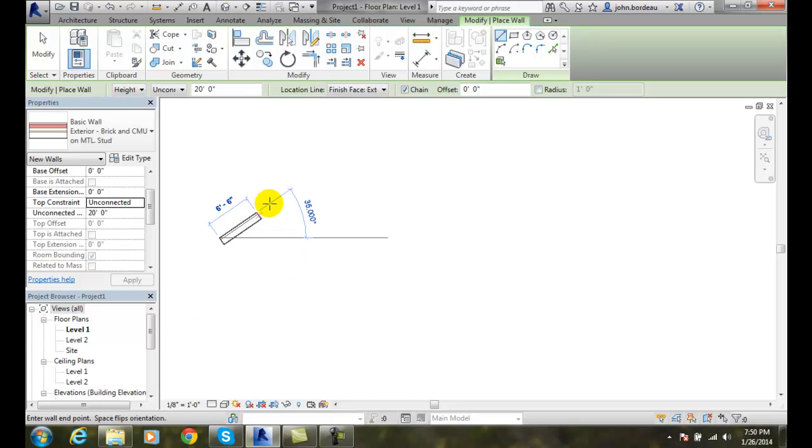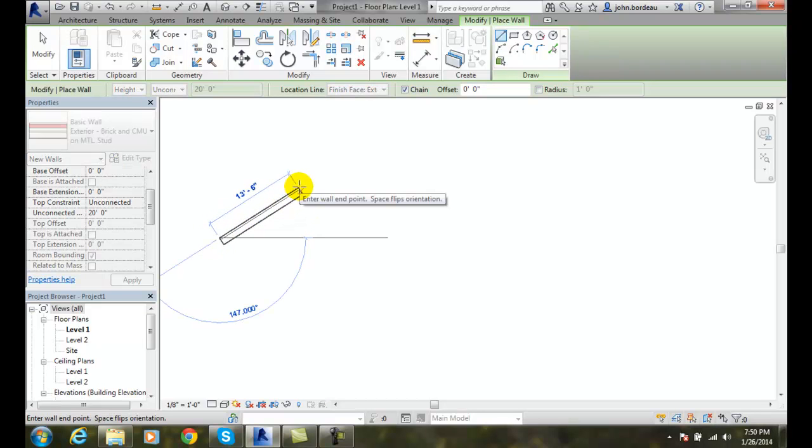I'll pick a point and I'm going to go up at an angle of say 30 degrees, and notice how it will measure my degrees and length of my line, and I can stretch it out, and it will actually go on increments based on the snap increments that we set our dimensional snaps to. And so I can go to like 16 feet,